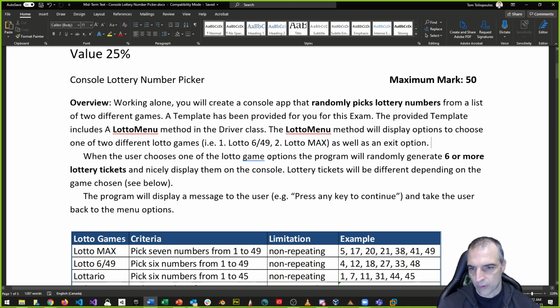When the user chooses one of the lotto game options, the program will randomly generate 6 or more lottery tickets and nicely display them on a console. Lottery tickets will be different depending on the game chosen. See below. The program will display a message to the user, press any key to continue, and take the user back to the main menu options. Okay, so